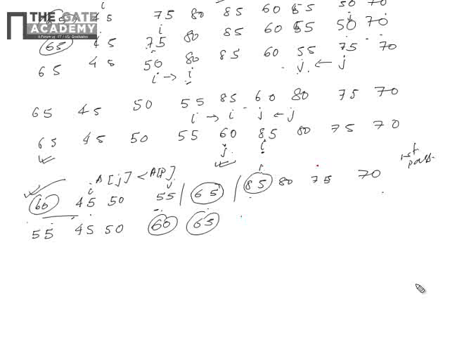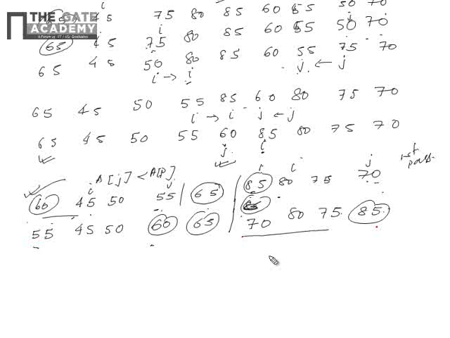Similarly, this will be the pivot element, this will be I, this will be j. First, 85 will swap with 70. One second, j itself is less than the pivot element, so first we swap j. So 70 and 85 come here, and this will be 80 and this will be 75. Now it is sorted. The pivot element is this one, and the partition happens again. This is the second pass.